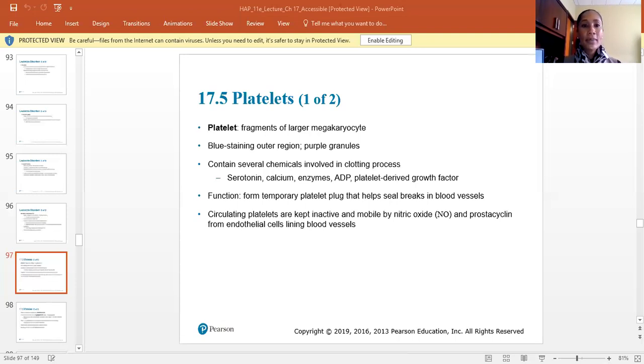Alrighty, so some diagnostic blood tests. We can examine blood that can yield information about a person's health. So if there's a low hematocrit, we'll see that in cases of a patient being anemic. We can do blood glucose tests to check for diabetes, and leukocytosis can signal some type of infection because we've got presence of leukocytes. We can use a microscope to examine blood, and that can help us to see if there's issues with the actual size and shape of our red blood cells. So if we see any type of abnormal size, shape, or color,